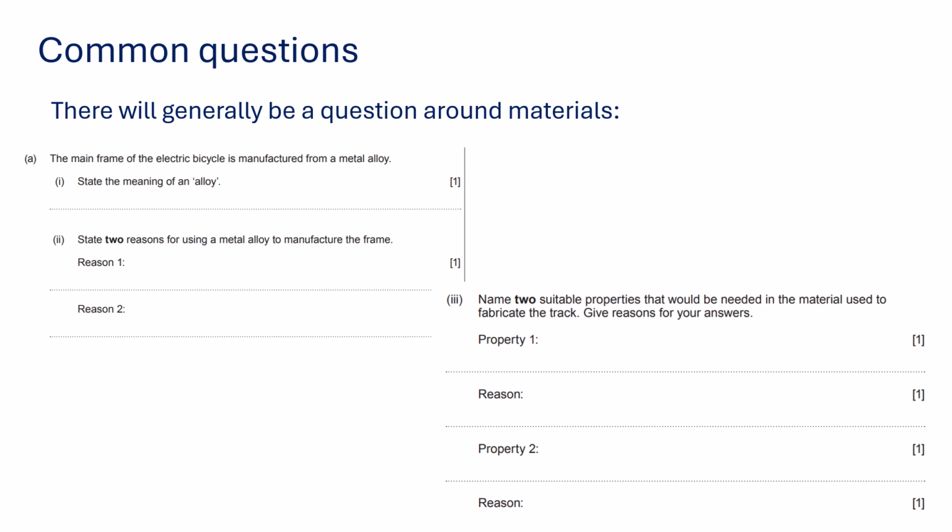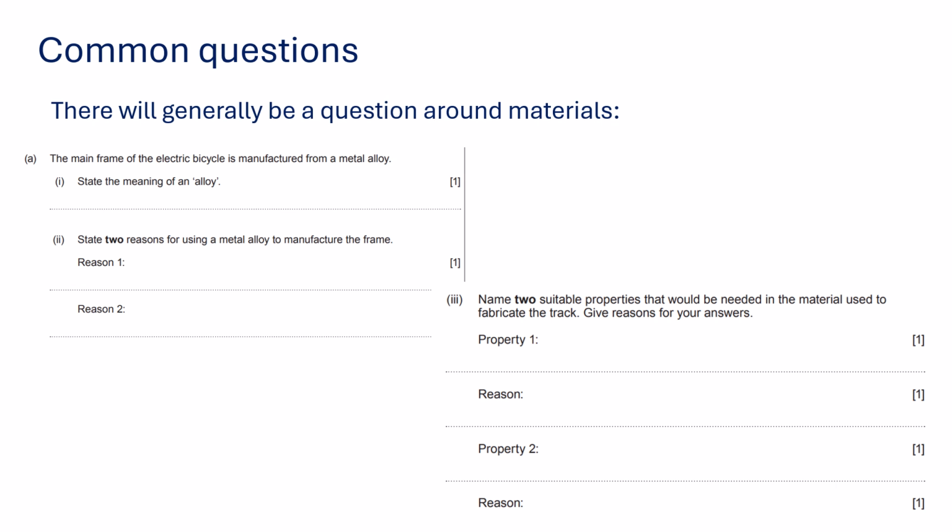material. So it might be that, for example, here we've got state the meaning of an alloy. They've asked you for the meaning of a particular material or a particular choice you've made, but then also underneath give a reason for why you might choose to use that when manufacturing a certain product. They will always be quite clear in giving you the product that they want you to talk about. You need to make sure you are relating everything you are saying back to that product or back to that